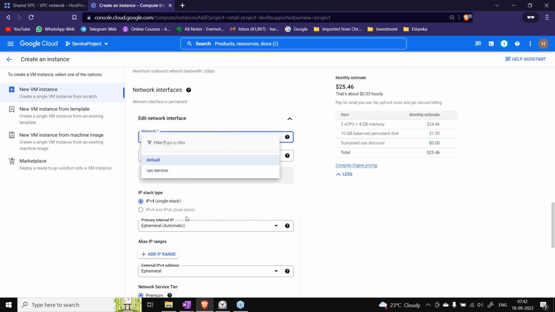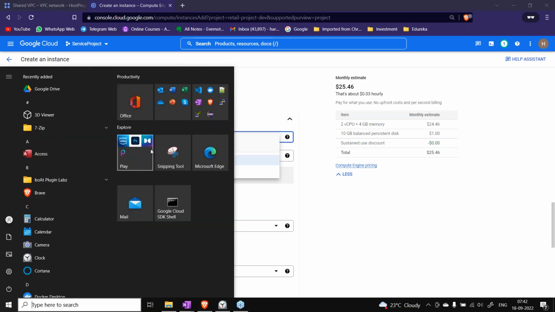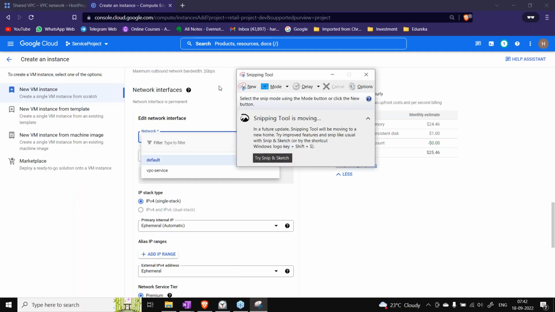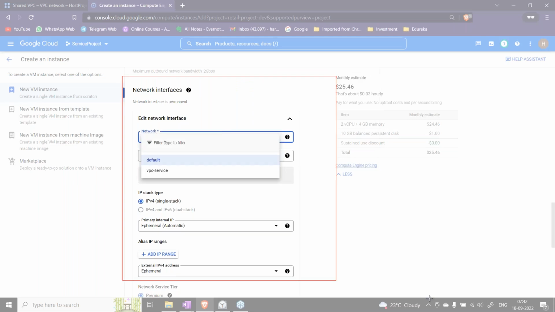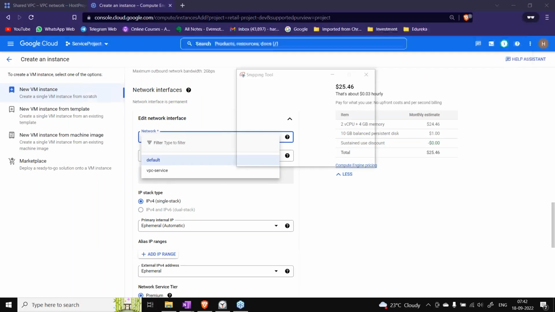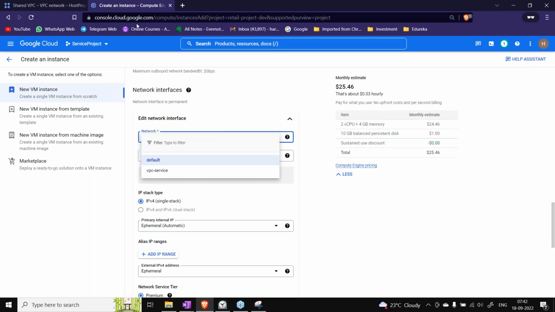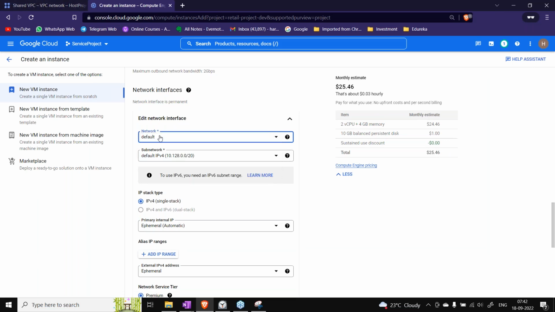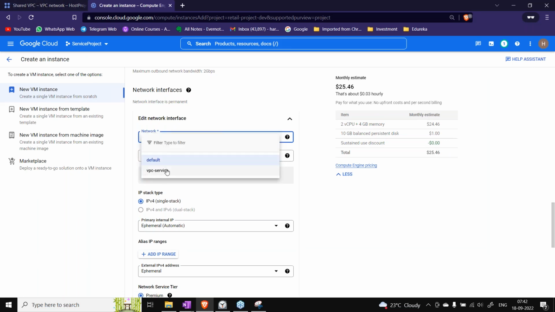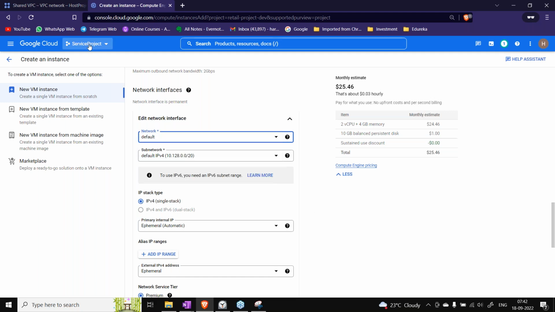Okay, so let's take a snapshot if possible. I'm just taking a screenshot over here and let it be here. Okay, fine. So I don't see any other VPC other than these two, because these two will of course be visible since they are in the same project.